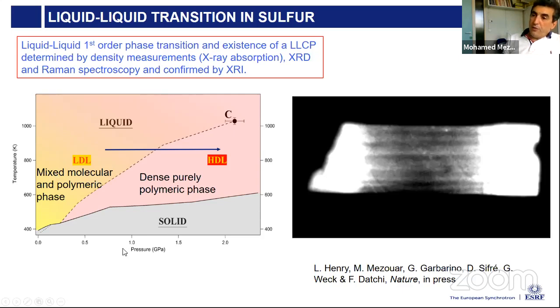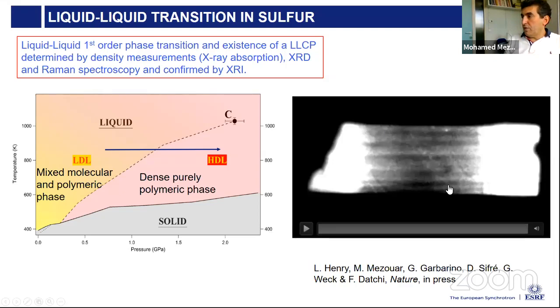If you look at the pressure-temperature phase diagram of sulfur, we define a line here. We could find a line between the low density liquid, which is composed of a mixed molecular and polymeric phase, and the high density phase, which is purely polymeric. In principle, if you cross this line just by increasing the pressure, you should see some density contrast at this point. And you should see it if you could perform